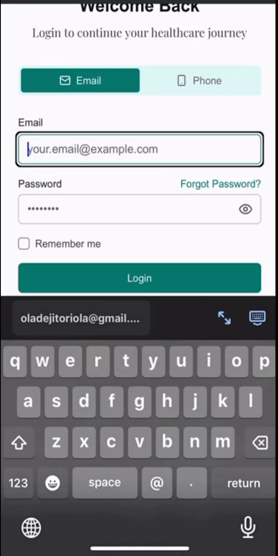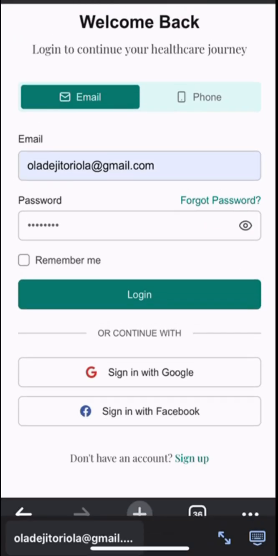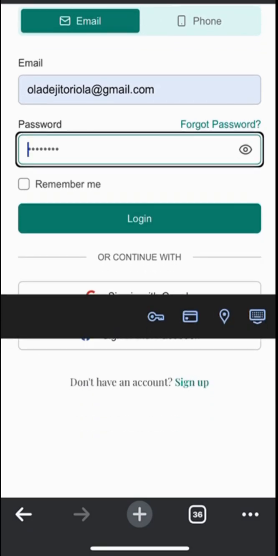Hi, this is how Feminity works. You put in your details, and you type your password,